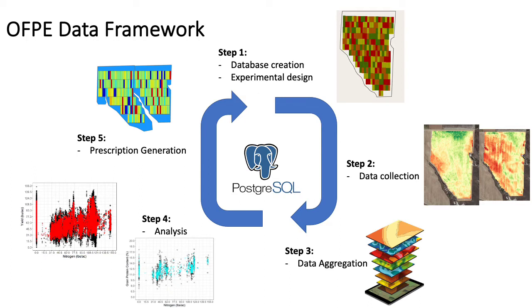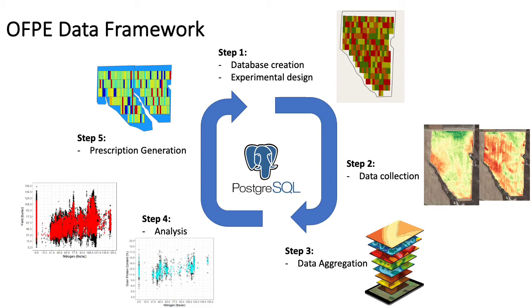Another way is through facilitating on-farm experimentation. So at Montana State University, we have the On-Farm Precision Experiments Project. And basically, it's just a cycle of experimentation that we do every year, starting with a design of an experiment. This could be seeding rates or nitrogen rates, where you create a design, you collect data, you put it together into a format that you can use for analysis,